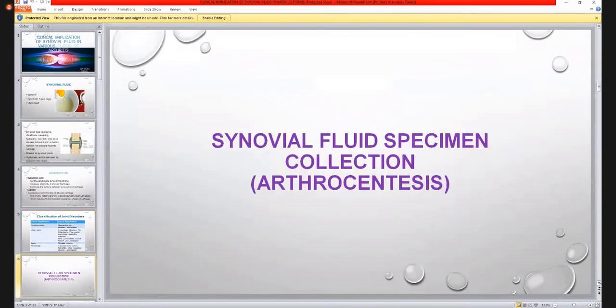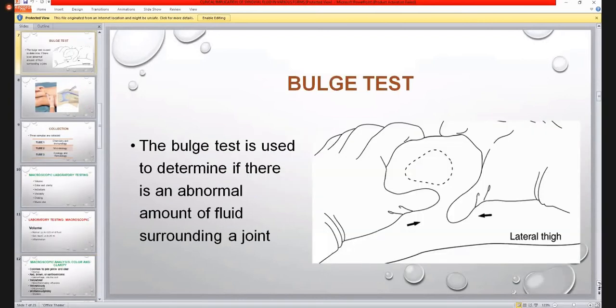Okay. Now come on the synovial fluid centesis. The other name of the synovial fluid collection is the arthrocentesis. Before we do the arthrocentesis, what will we do? We do the bulge test. What is the bulge test? The bulge test is to determine or estimate how much fluid is present in the synovial